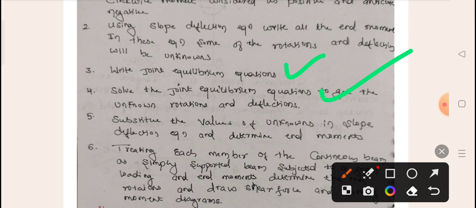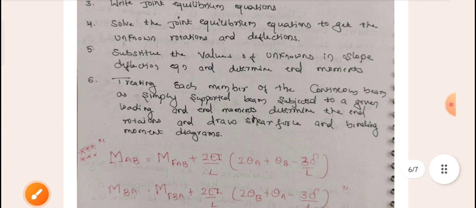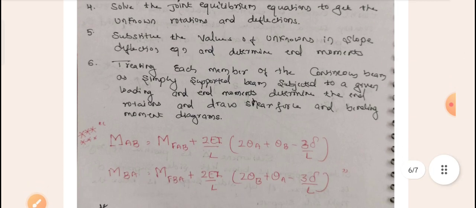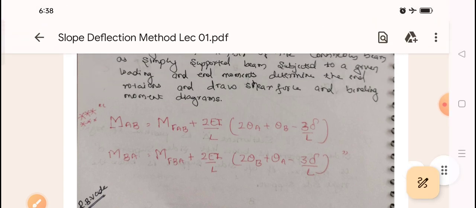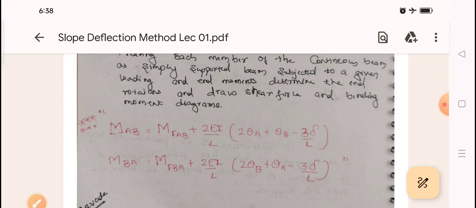Just now I told, substitute those unknowns in the main equation, and after that, treating each member of the condition means after that you substitute in the main equation. If you substitute the values, finally you will get the values of all MAB and MBA as well as theta A, theta B. This is what we are going to discuss for the introduction to the slope deflection